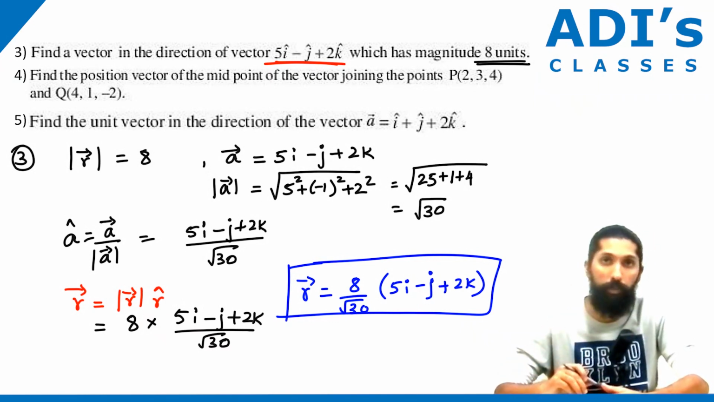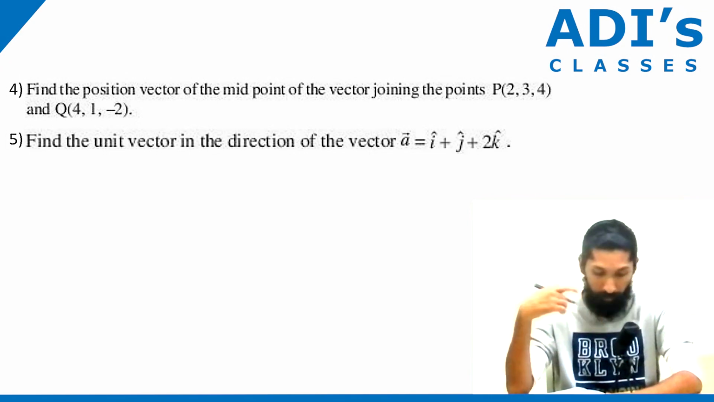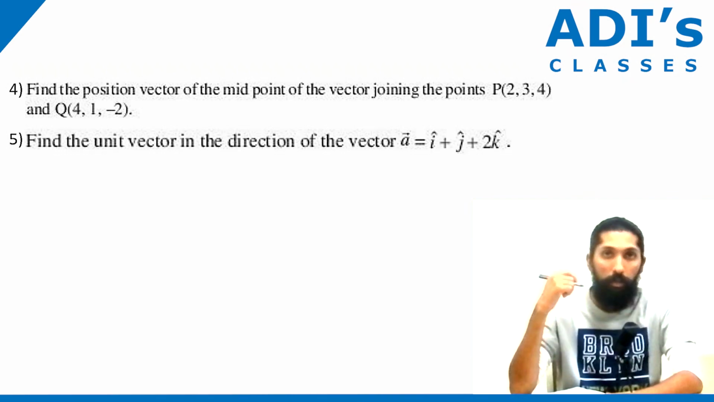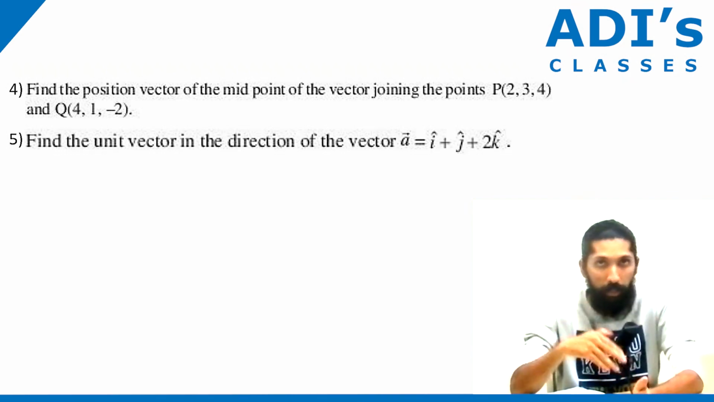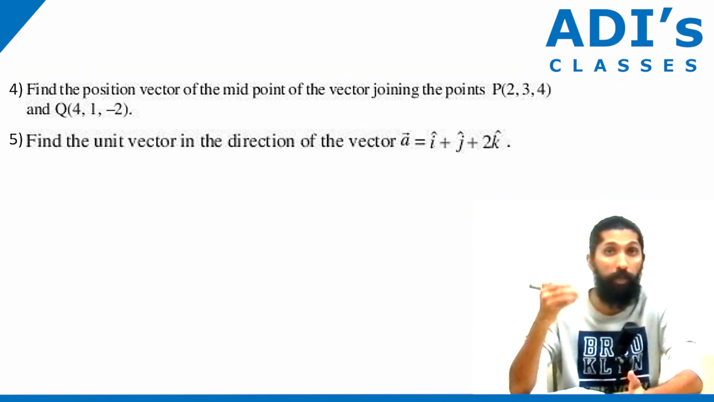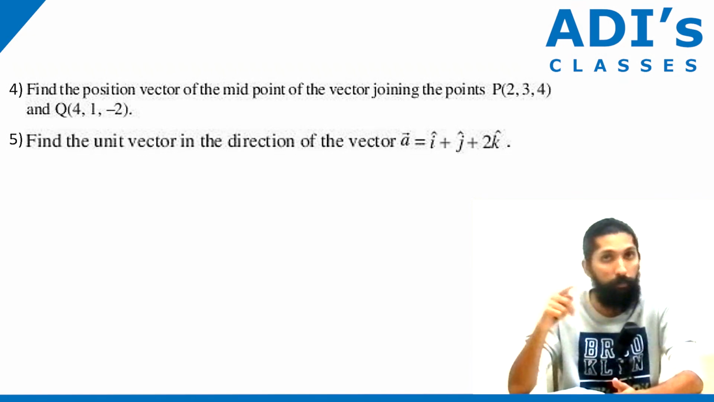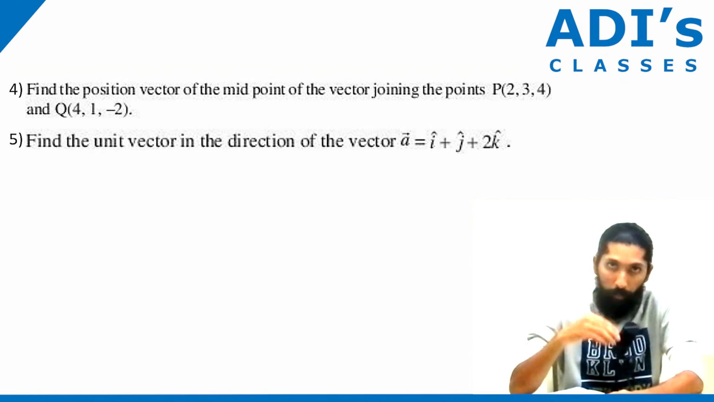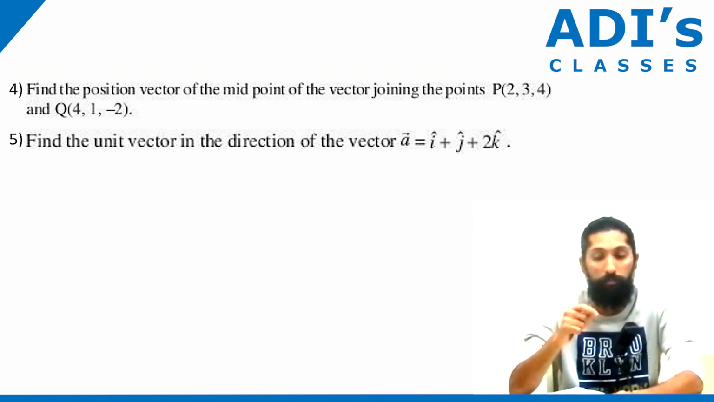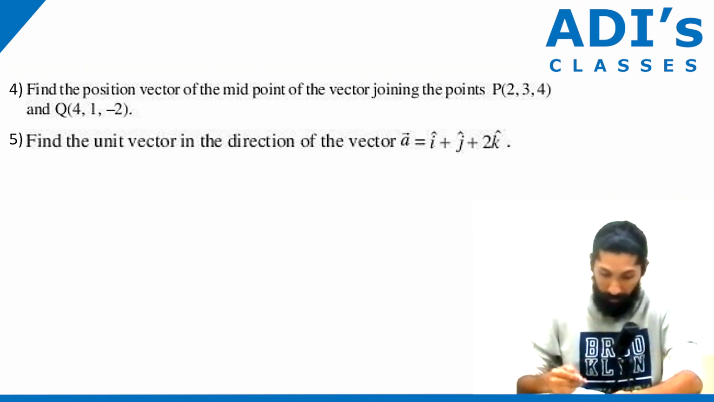Now let's do the fourth one. See the fourth one, find the position vector of the midpoint of joining this and this. What is midpoint? Average of the i, average of the j, average of the k. Correct? Like how we were doing x1 plus x2 by 2, y1 plus y2 by 2, z1 plus z2 by 2. Likewise, we do. So see, we have two values, correct? I has two values, that plus that divided by 2. Alright? So here, fourth one,